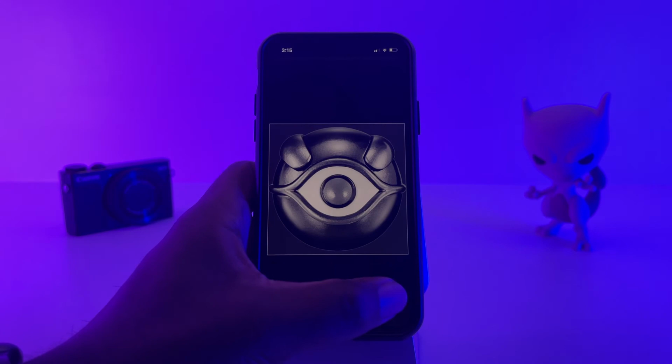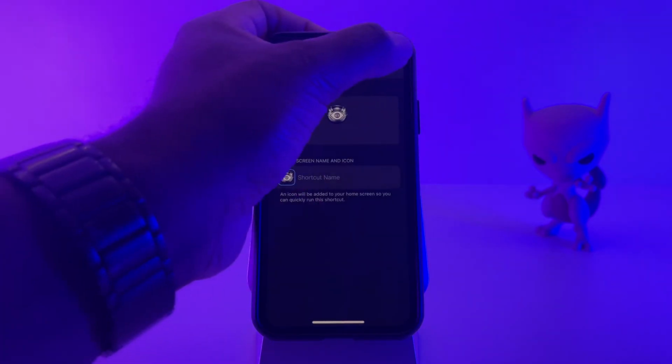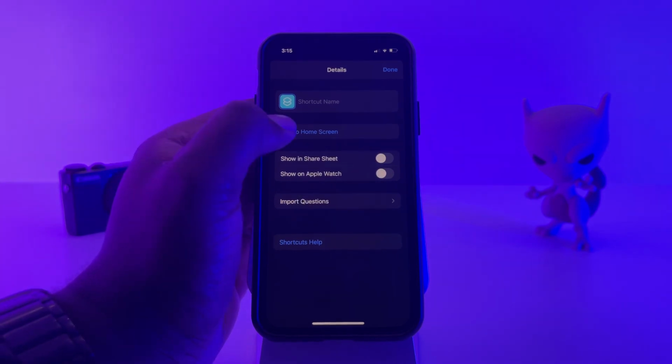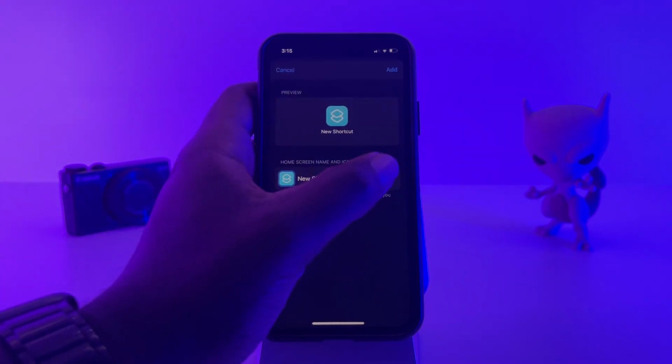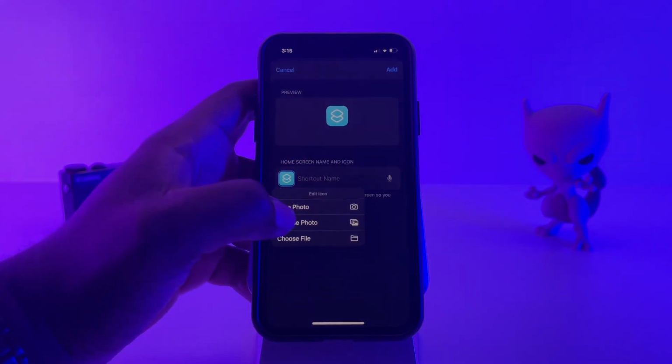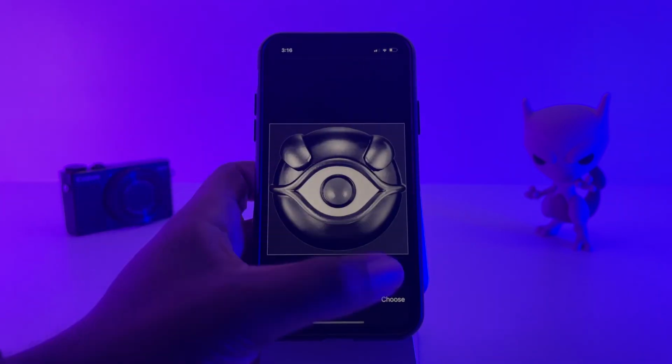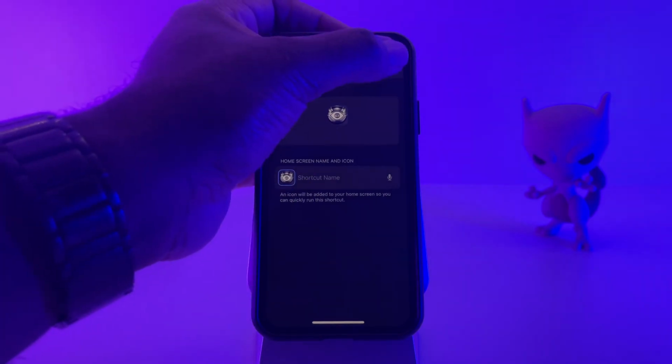And we hit choose, and hit add. Gonna do that again, hit add to home screen, delete the name, choose photo, choose the second one, which is this one, hit choose, add